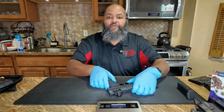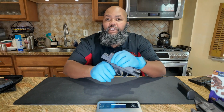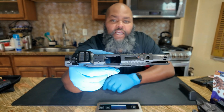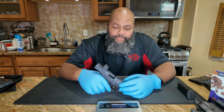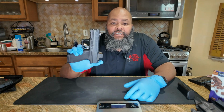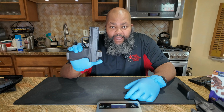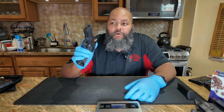All right, so first and foremost, again, you saw that my pistol is free and clear. I will check, verify, show you guys one more time as the fire truck goes by. All right, so this is my MC9 Prime, and I recently picked this up, well, a few months ago, and